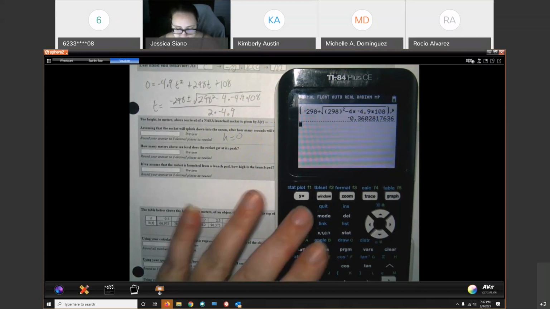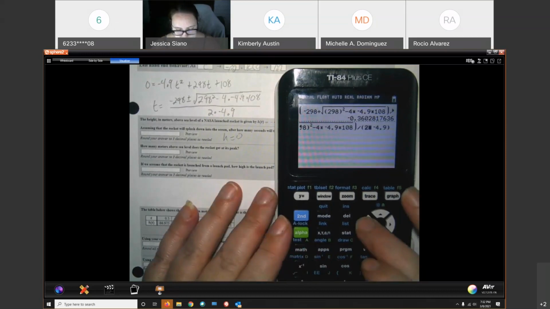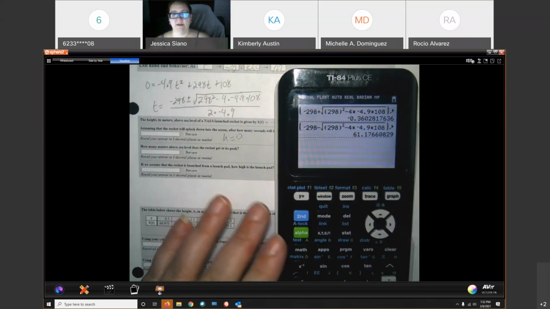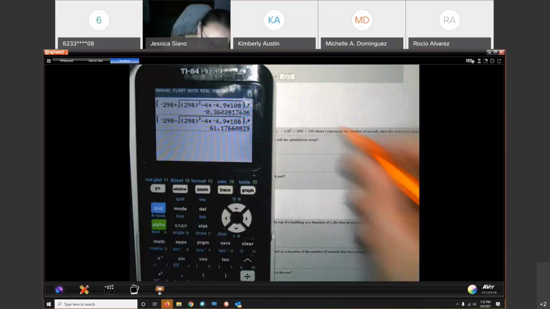And then I'm going to press second enter, and change this to a minus, plus and minus. And so my two answers